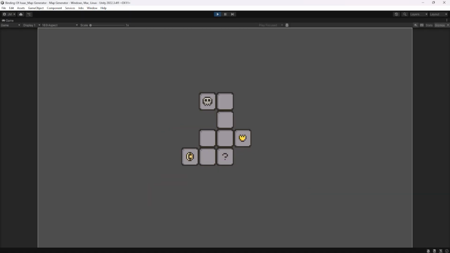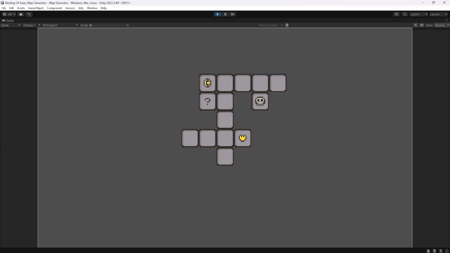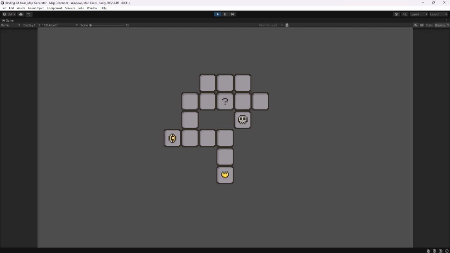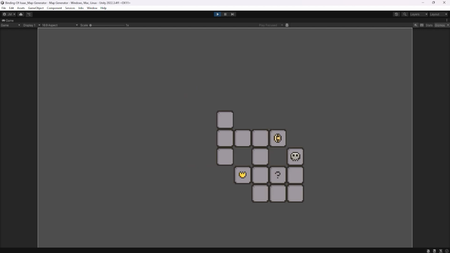Today we'll be covering the Binding of Isaac map generation. This tutorial will be split into 3 videos. This video will cover the actual map generation and implementation. The second video will extend the map generation to support room variations, and the third video will convert the map